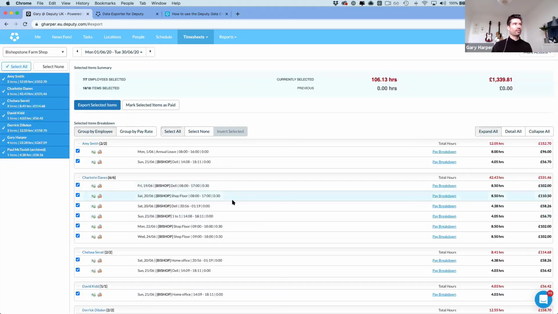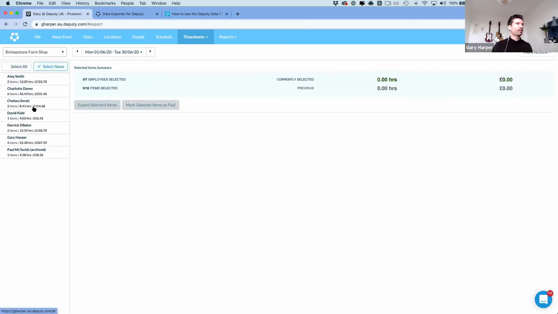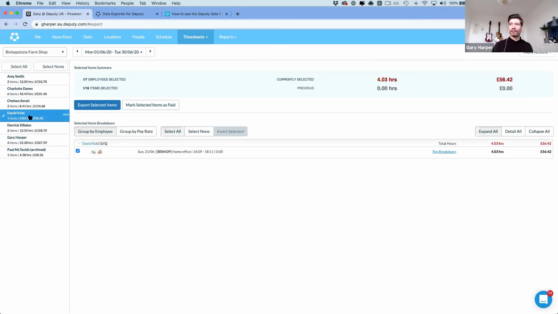Now this might be a lot of data, so maybe if you're suspicious of Dodgy Dave again and he's really late to clock in times, then